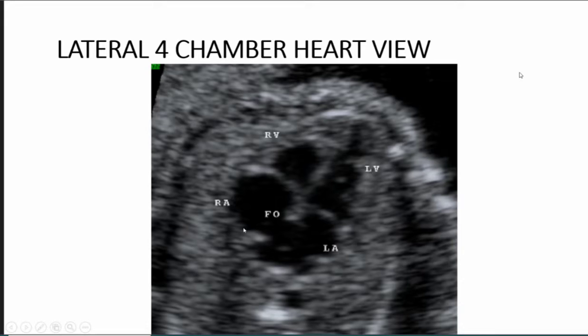So follow the IVC and bring it into the chest, and it should open into the right atrium, or the chamber on the right side. Get the pulmonary veins from the lungs, and then they should open into the left-sided atrium. After you make sure these two things have happened, follow the right atrium above into the SVC. Then label this as the right atrium and this as the left atrium.